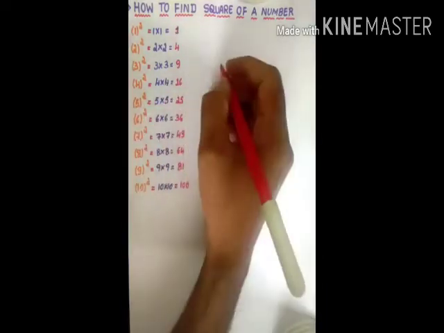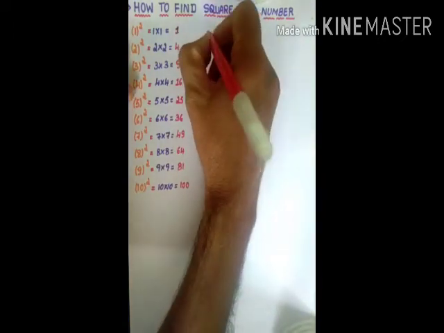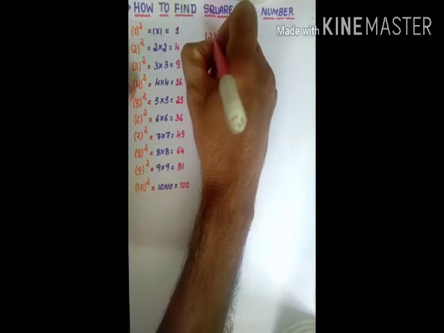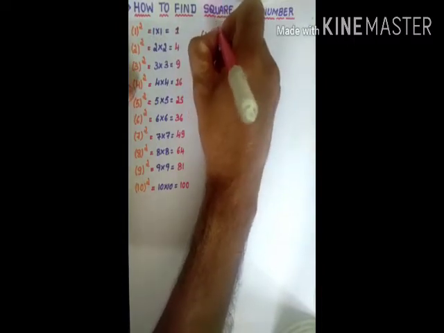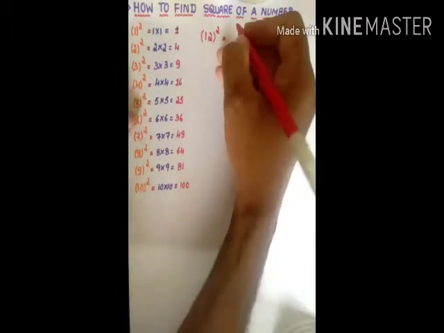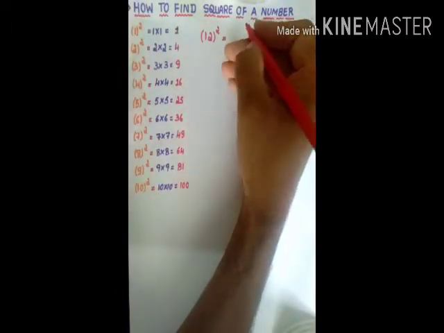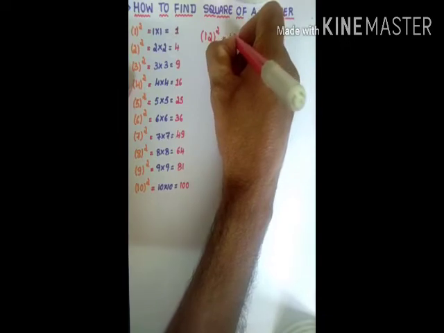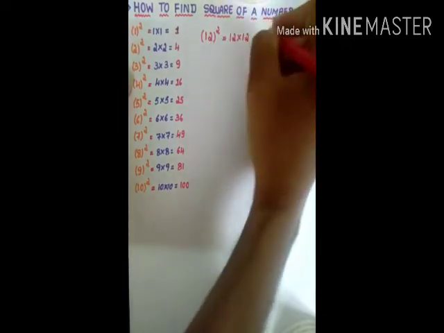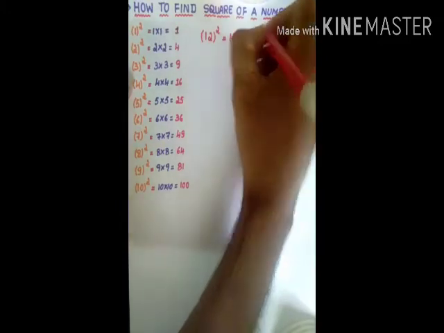Let's start the calculations. Let us take one example here, 12 square. Till 10 you are very familiar. Everyone knows 9 9s are 81, 6 6s are 36. That means 6 square, 5 square, all these things. When we come across 12 square, we are having little worries how to rectify this.